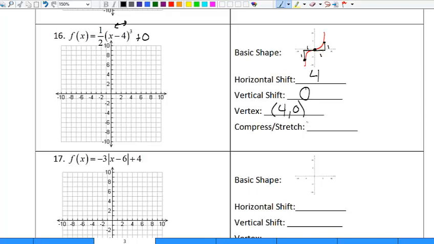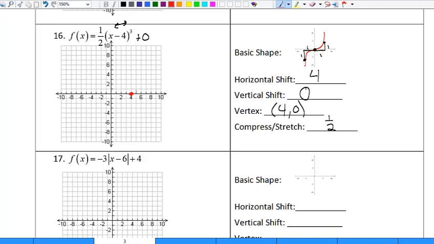Alright, so I put 4 comma 0 as my vertex, and then my compress and stretch is the number that's out in front. In this case, the number that's out in front is the 1/2. That's the thing that's being multiplied to the parentheses. So I'm going to go to 4 comma 1,